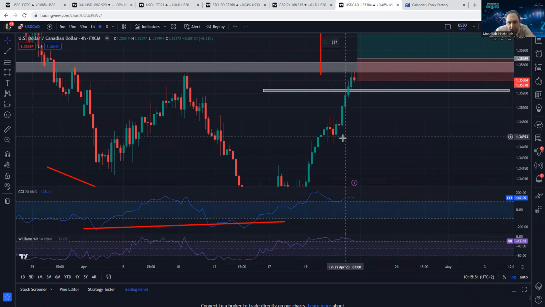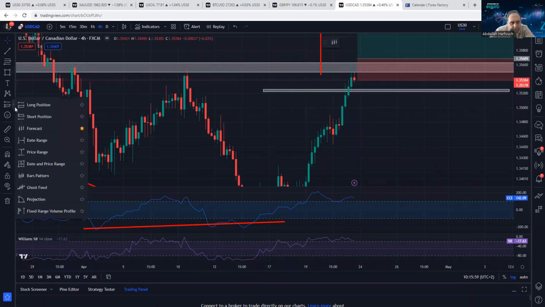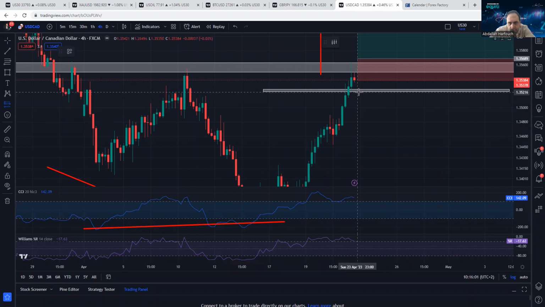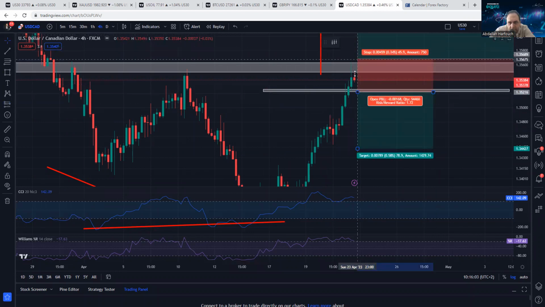But if we break the sequence of lows and highs, but we need double confirmation, we might have a potential sell here. We can try it, no problem in it.